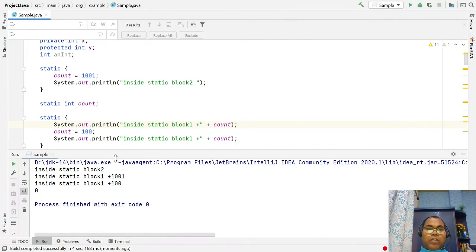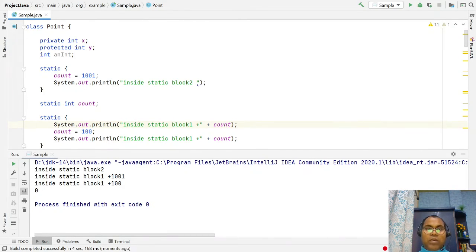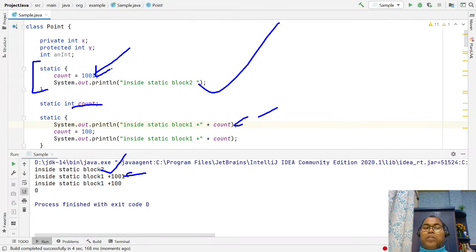So here block 1, here block 2. This block appears first, so it is evaluated first, and after that count is evaluated. This is 101. This means here you are declaring, but initializing happens here.